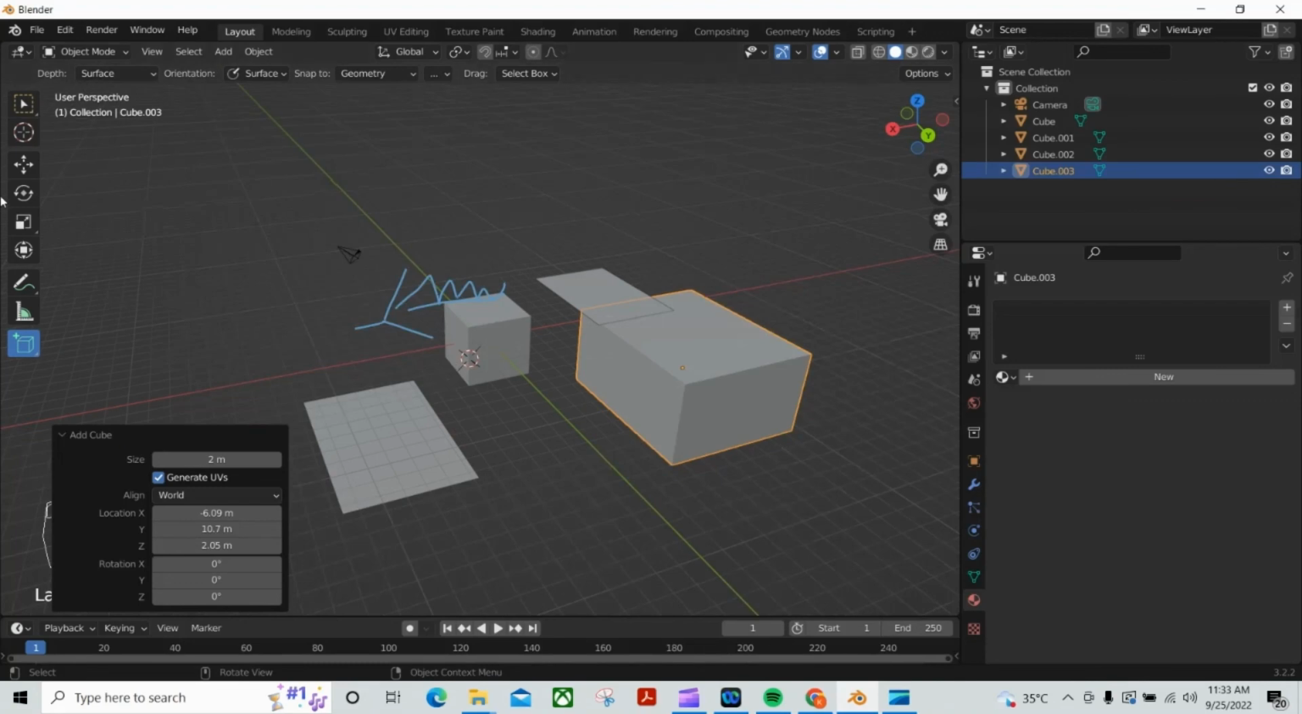So this is all about this palette. We will see the other things in coming